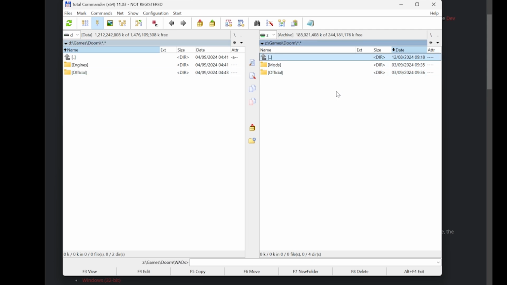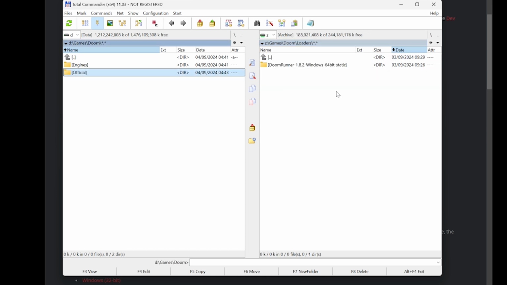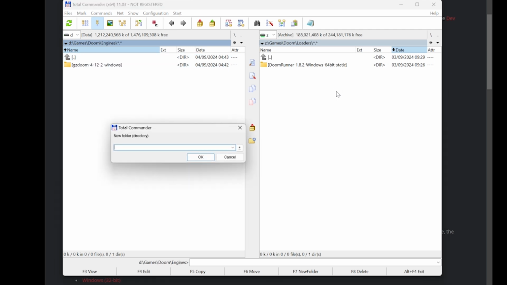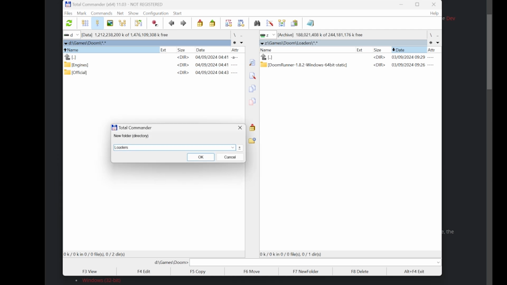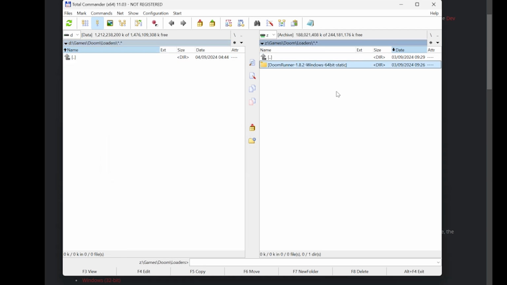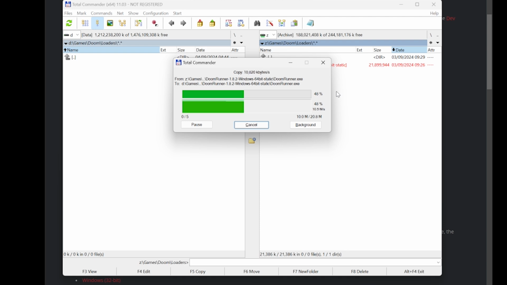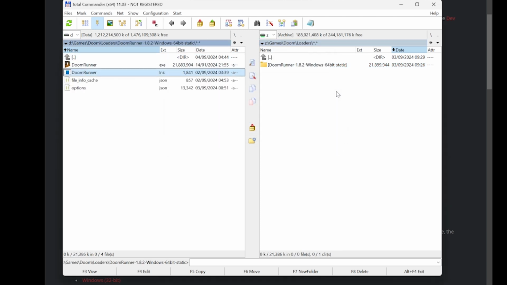Now you also want a loader of some kind. Now I use Doom Runner. Okay, so I'm just going to type in here, Doom Runner. I might just make a directory because there's lots of different loaders you can use. I just copy over Doom Runner. You can just download this. So Doom Runner